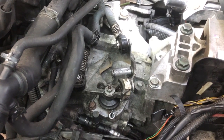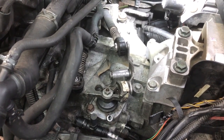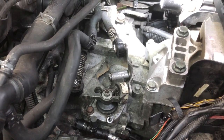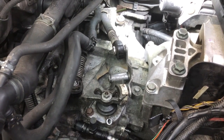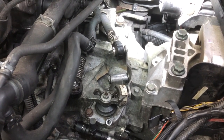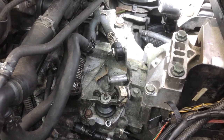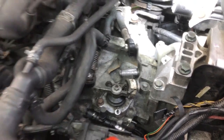is get a manual power steering line and bolt it in. Not a big deal, but you have to make sure that it's going to fit. The problem I've run into is there's a huge variation in them, and I have gotten ones that I thought were from the exact same car and they did not fit. For example, here on this power steering pump,